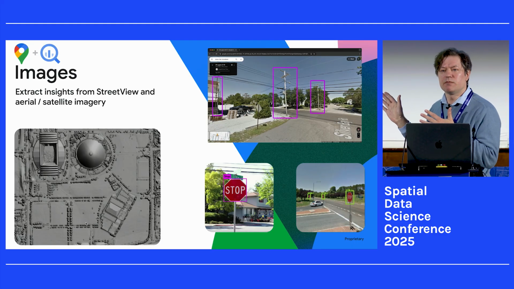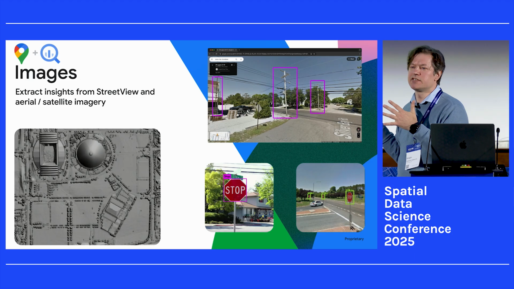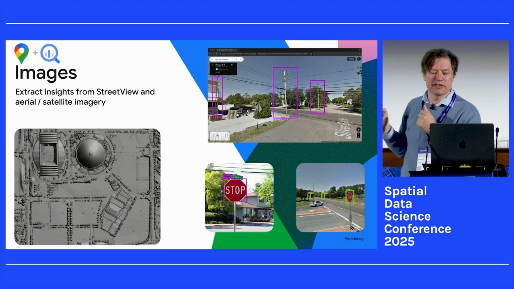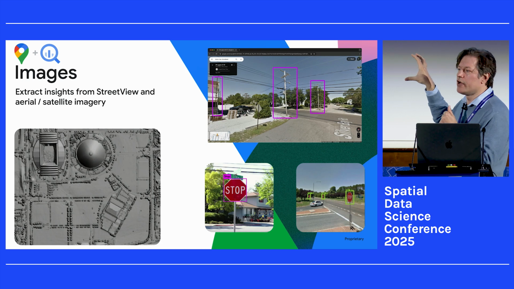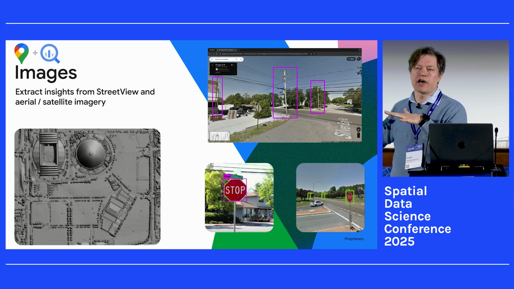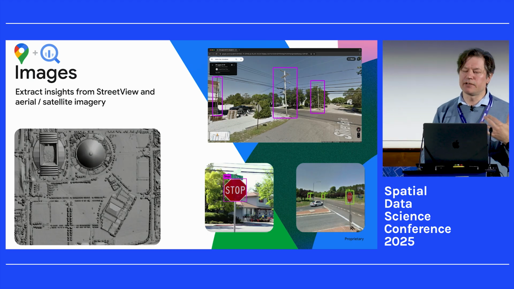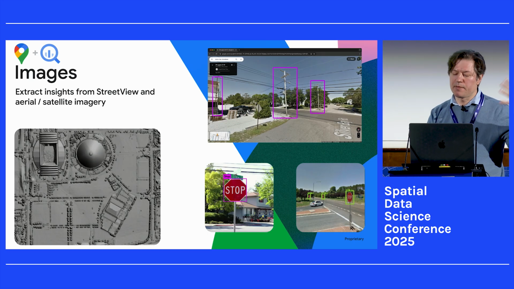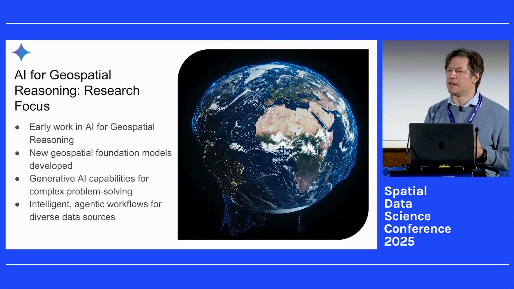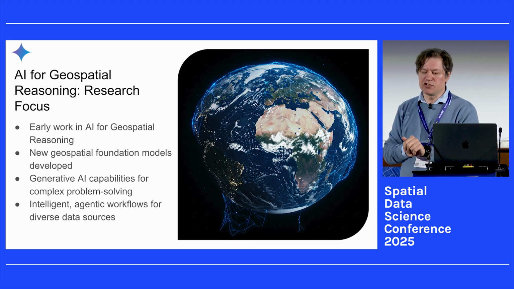And the third one, probably the earliest stage, is more what we call imagery insights. So we have places insights, road management insights, and this imagery insights. That's more related to analyzing data like street view or overhead imagery, high resolution. So there are a lot of assets built at Google, and we're trying to make some of these data sets accessible for more applications. Okay, that's more about some of the recent announcements or changes.